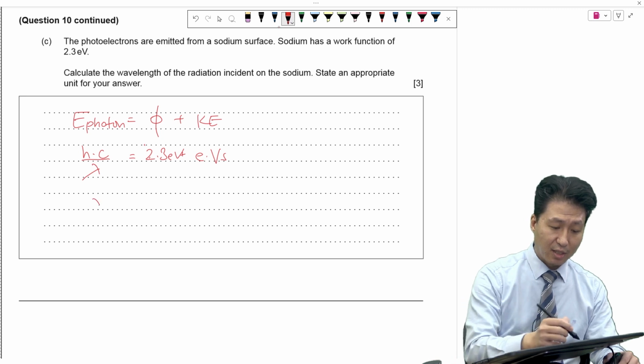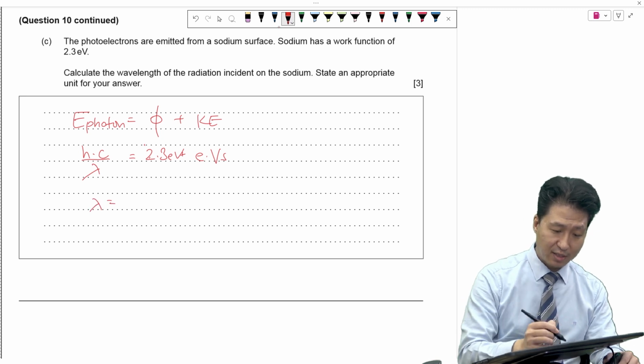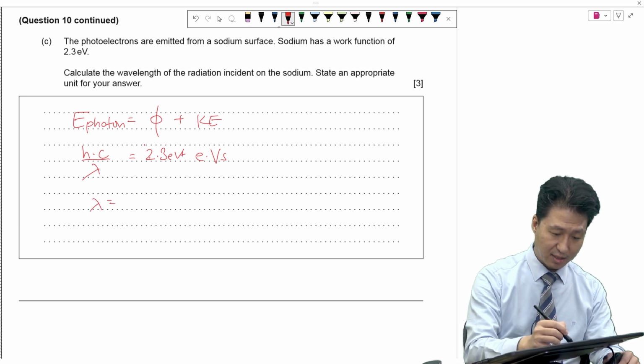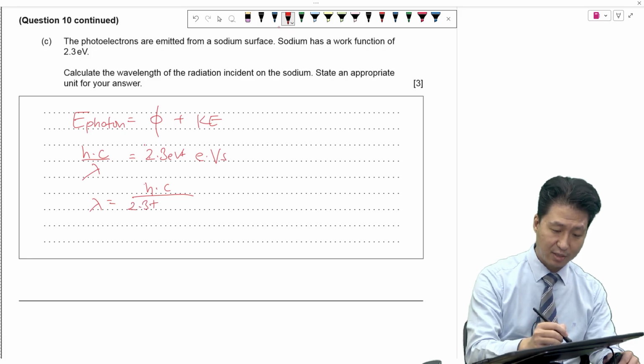So we have the wavelength as being Planck's constant times the speed of light divided by 2.3 plus 1.4 electron volts, which is simply